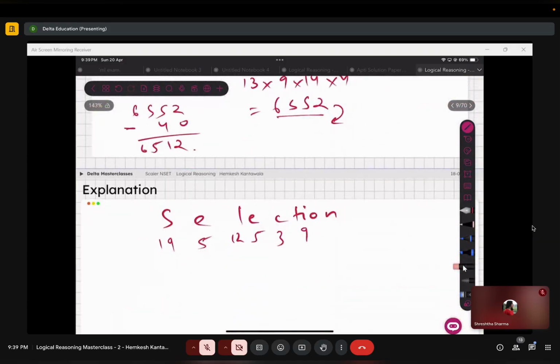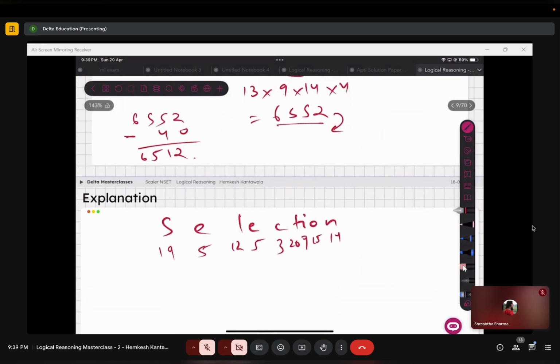T is 20, O is 15, N is 14, right? So what we need to do is to multiply each of them using a calculator. If we do this, 19 times 5 times 12 times 5 times 3 times 20 times 9 times 15 times 14. Okay, getting a big number,